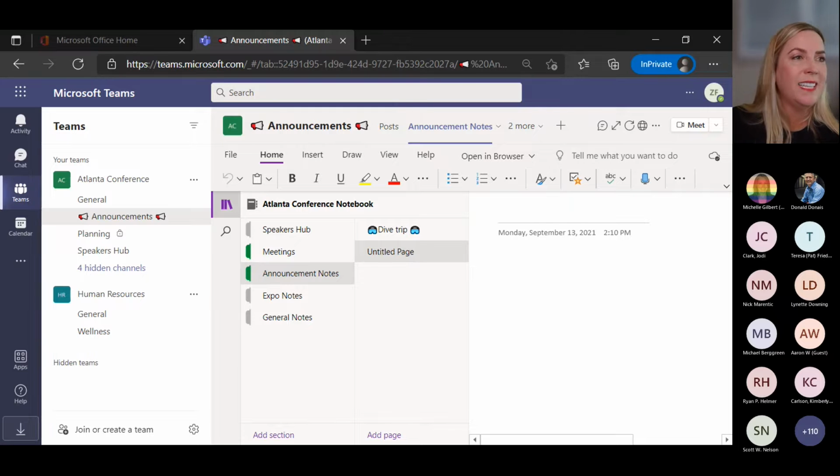So if someone accidentally deletes a section or a page, is it recoverable? Is that within OneNote that you're wanting to know if it's recoverable? If it is, yes, it is recoverable. It does go into a recycle bin for 60 days. So as long as you've not permanently deleted it from there, you should be able to go into the recycle bin and retrieve it from there as well.